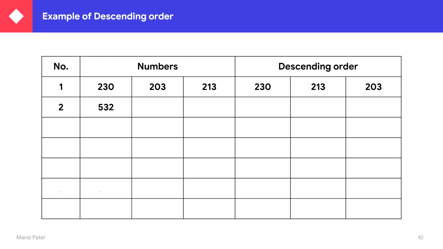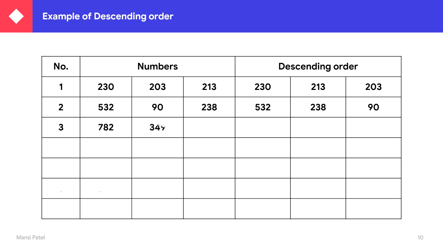See the second one, 532, 90 and 238. Here your first rule is to see the number of digits. So this 90 is the smallest number. The rest of the two numbers are 532 and 238. From both of these numbers, which is the largest number that you have to write down first? So 532 is the largest, then 238 and then 90.